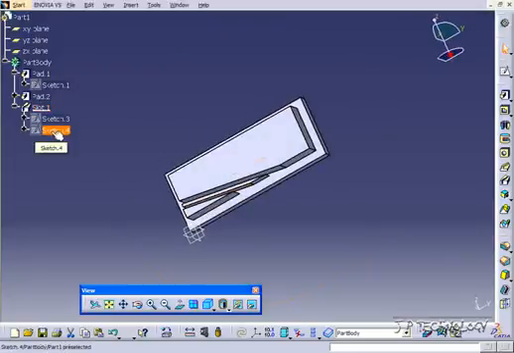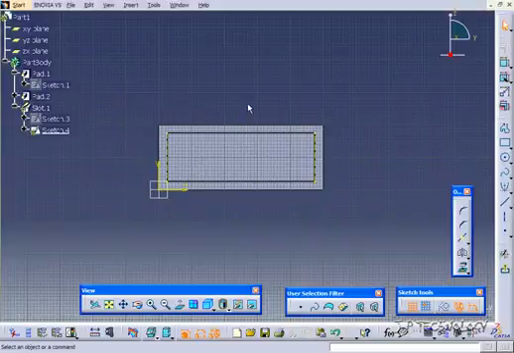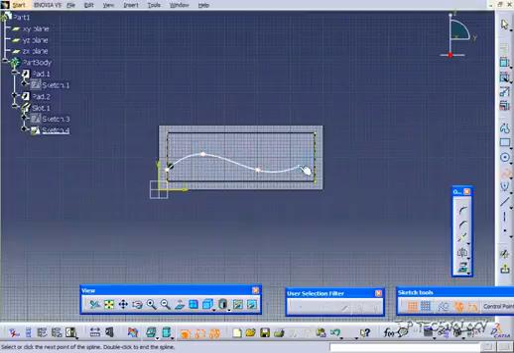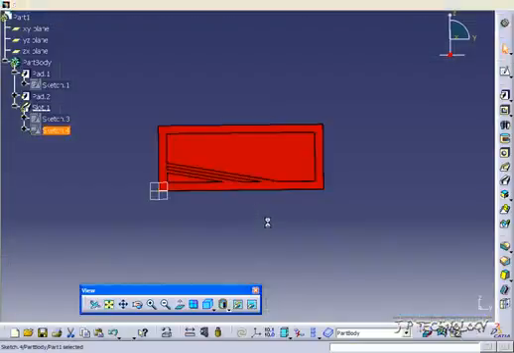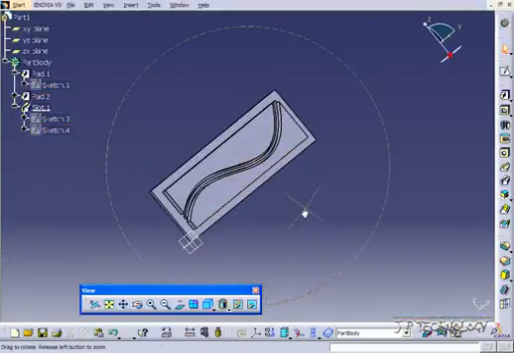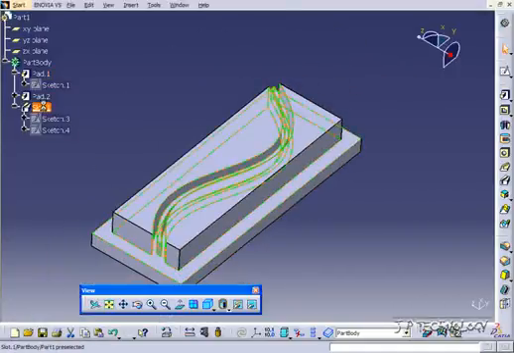Now let's go into this path one more time. Let's delete this line here. And let's put more of a curve, a more organic cut to it. So with the spline tool, just go and make a nice curve all the way around, and we'll go back, and it'll automatically go along that curve that we made for it. Now let's delete this slot,